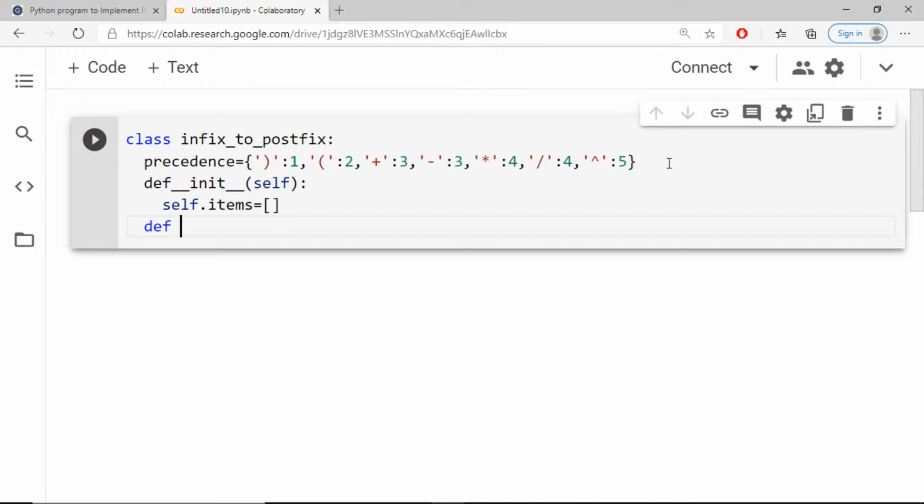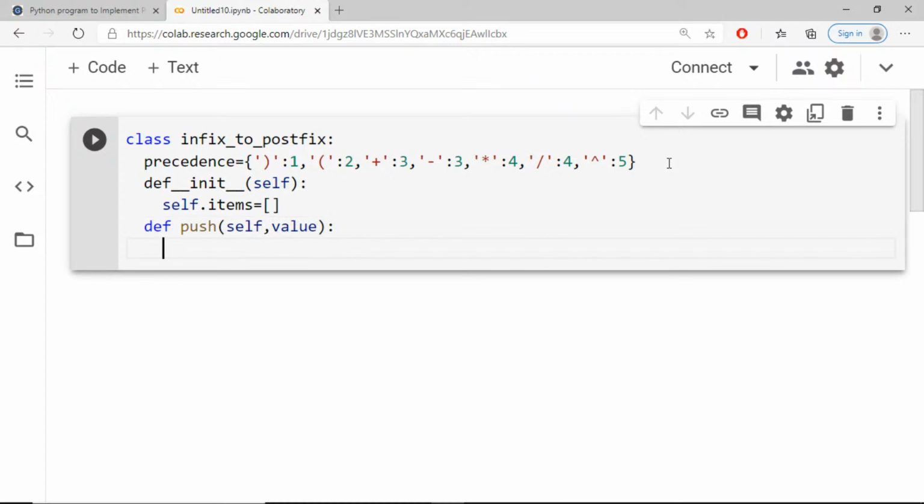Okay, and then push, self, value. You know the program of stack. In the last class I have told you items.append(value). Okay,